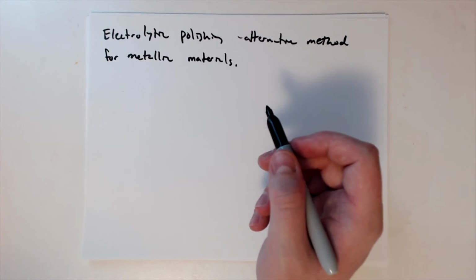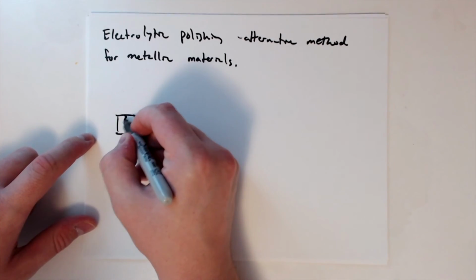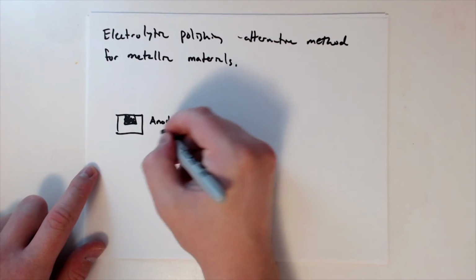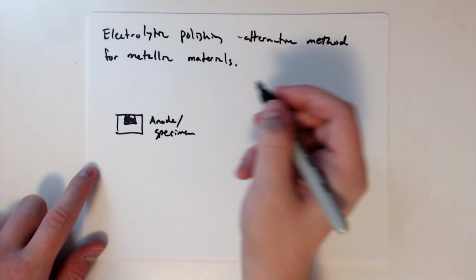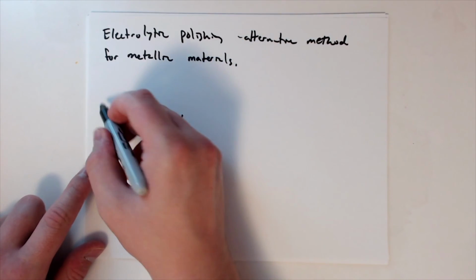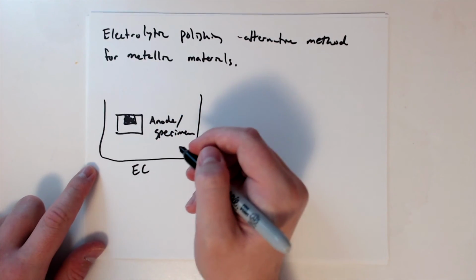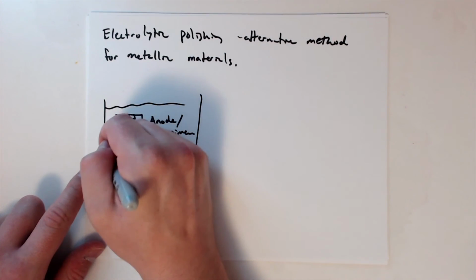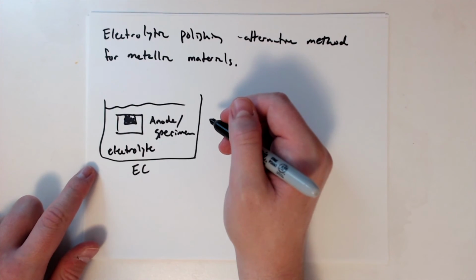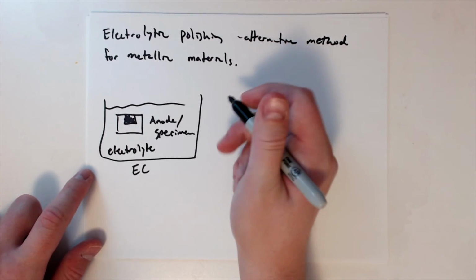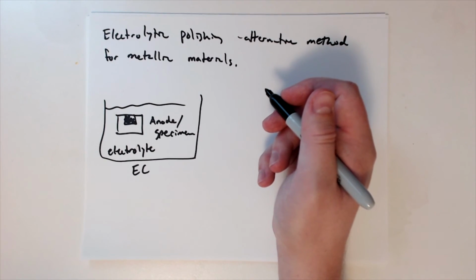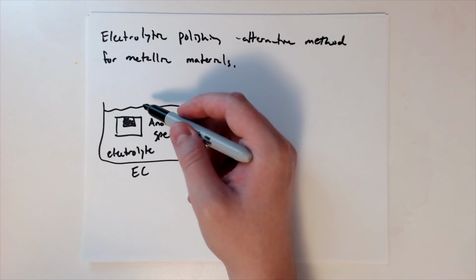So basically, in this approach, we have our sample here that we've mounted. This serves as an anode. It's also our specimen. And this is in an electrochemical cell that has an electrolyte. So we basically put it in an electrochemical cell. It has a fluid in it, right? And this is our electrolyte. And we basically apply current, voltage, in order to have an anodic reaction with the surface. So we basically create a cathode in this system,